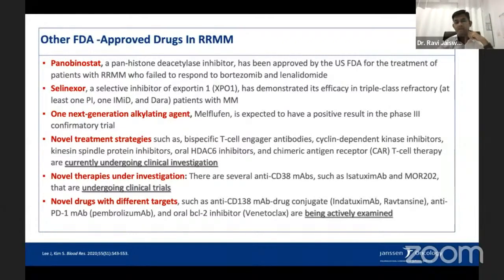relapsed refractory multiple myeloma. One such drug is panobinostat, which is a pan-HDAC inhibitor, which has been FDA approved for patients who have failed bortezomib as well as lenalidomide. Another drug is selinexor, which is an exportin 1 inhibitor, and it is used for patients who are triple class refractory, that is, to a proteasome inhibitor, an IMiD and DARA as well. Apart from that, you have melphalan, you have BiTE T cells, and I also had the